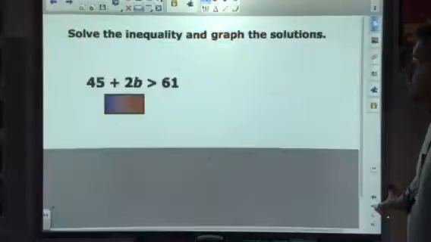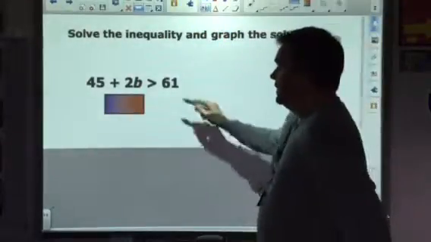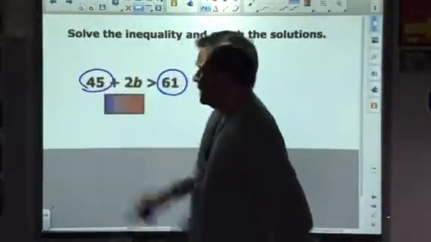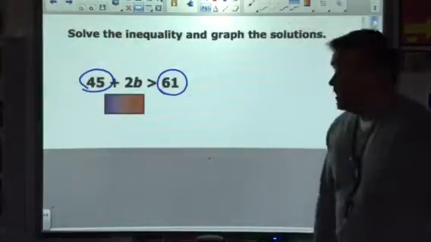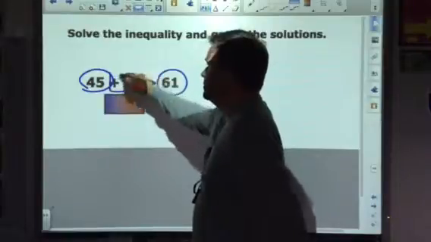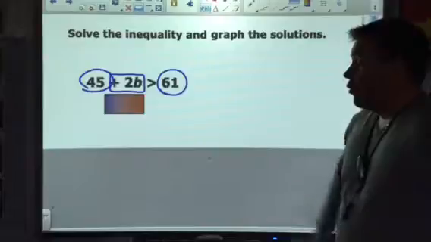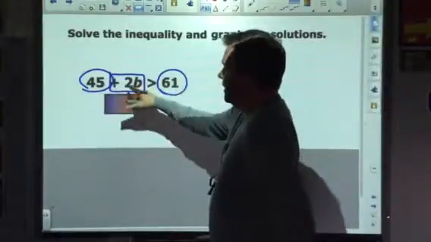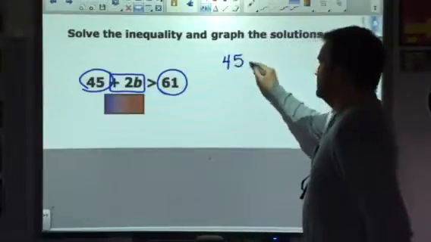So here's our first example. What I'm looking at here is that I see that the 61 and the 45 are like terms, but they're on opposite sides of the inequality. So they're going to have to be combined. And then we also have a plus 2b. We need to find out what 1b equals. So that's going to be our 2 steps: get the 45 over and then get rid of the 2. So starting off,